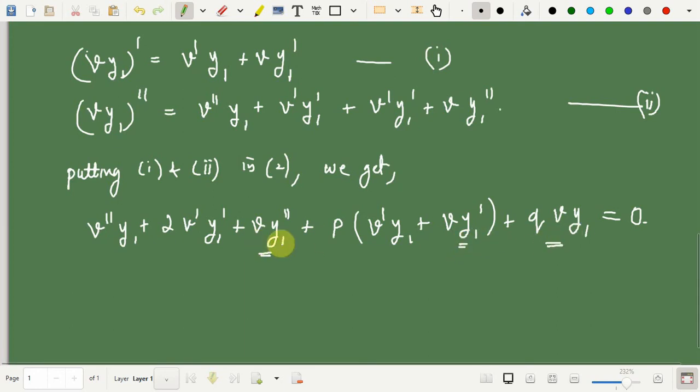From these three terms which I have underlined, I can take v common, so I have v into, in brackets, y1 double prime plus p into y1 prime plus q into y1,